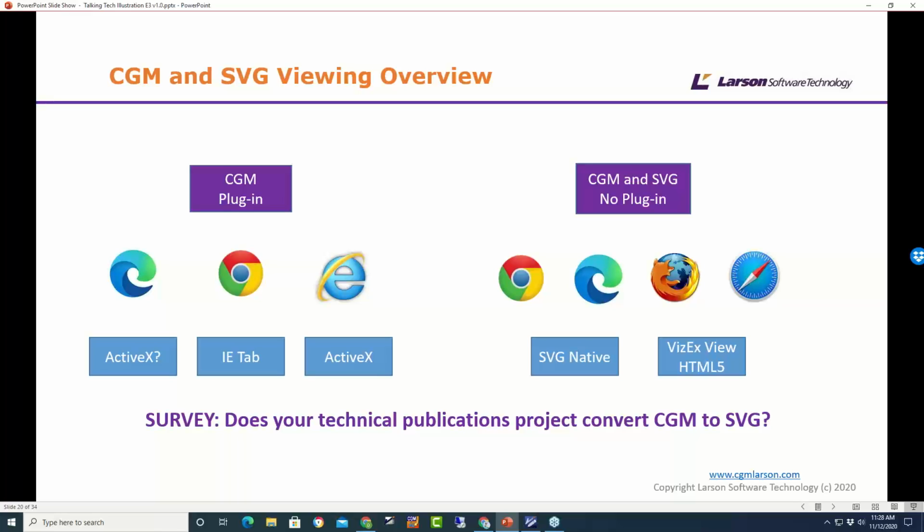And with CGM and SVG, with no plugin in those browsers, with Chrome, Safari, Firefox, and Edge, you've got SVG, which is native, and then you could use CGM with our technology, VisXView HTML5.